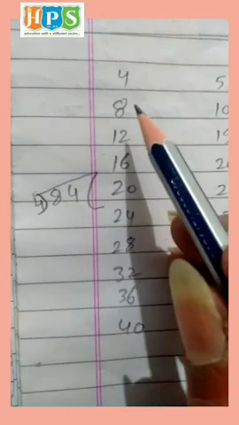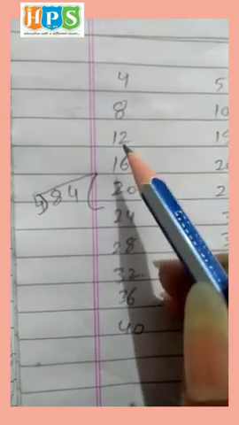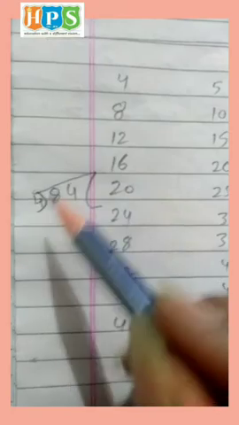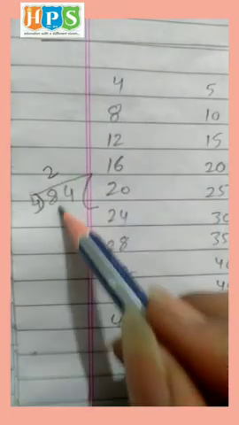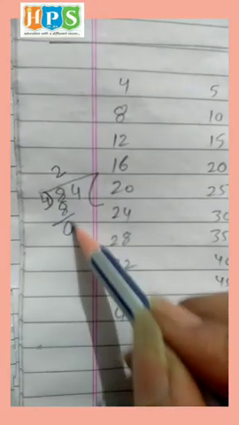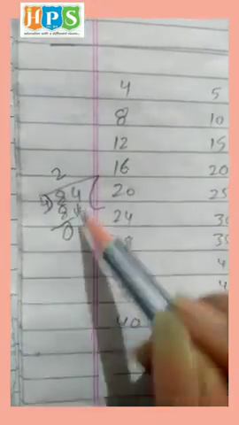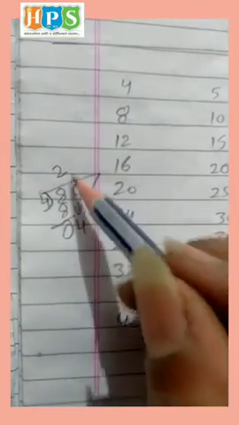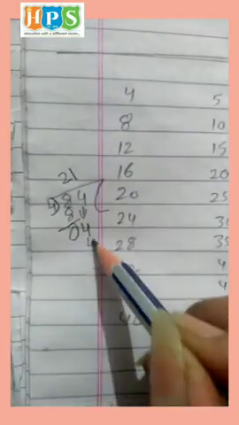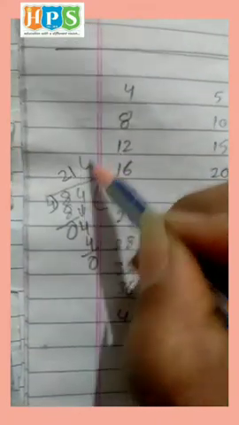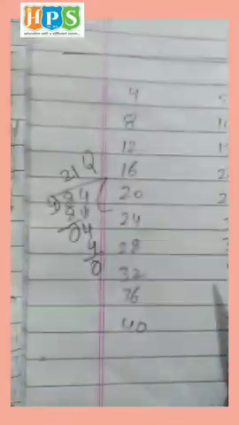4 1 is 4, 4 2 is 8 and 4 3 is 12. Then 12 is the larger digit. We divided 8, 2 times. 4 2 is 8. 8 minus 8 is equal to 0. We write 4 and 4 1 is 4. 4 minus 4, 0. So the answer is 21. Okay students,